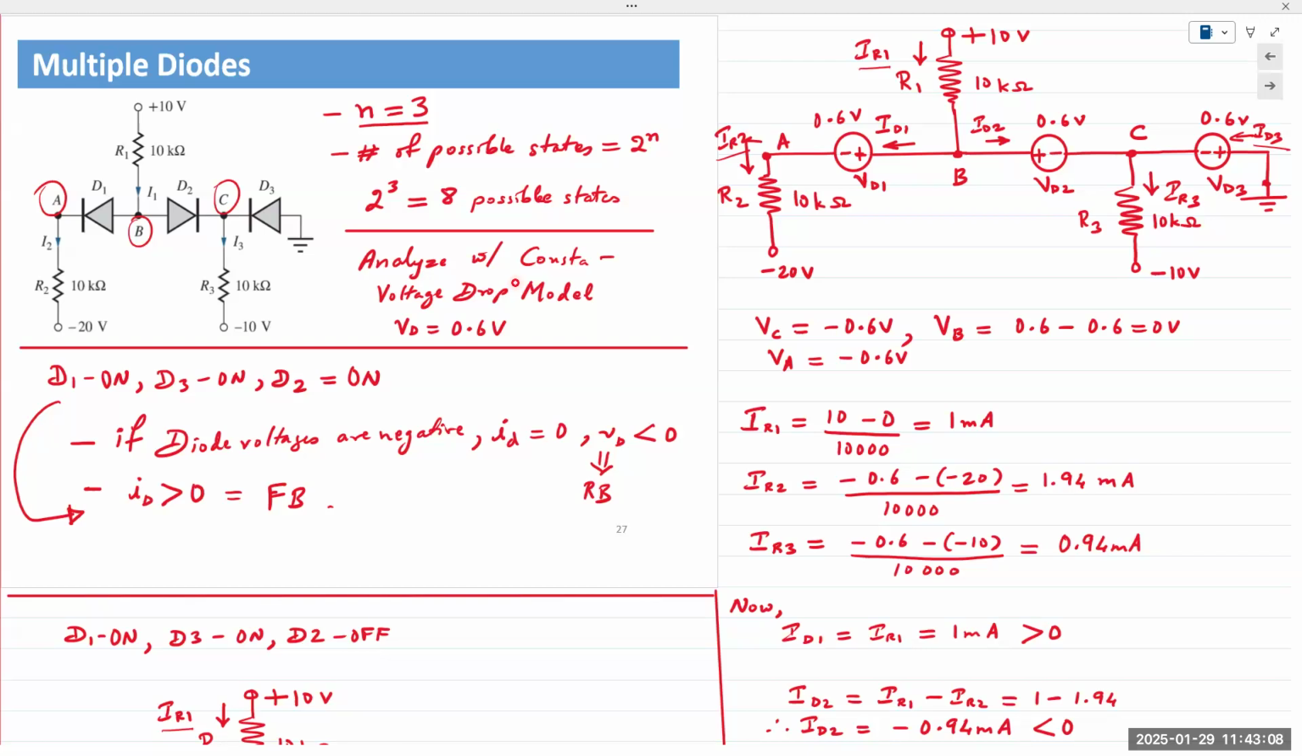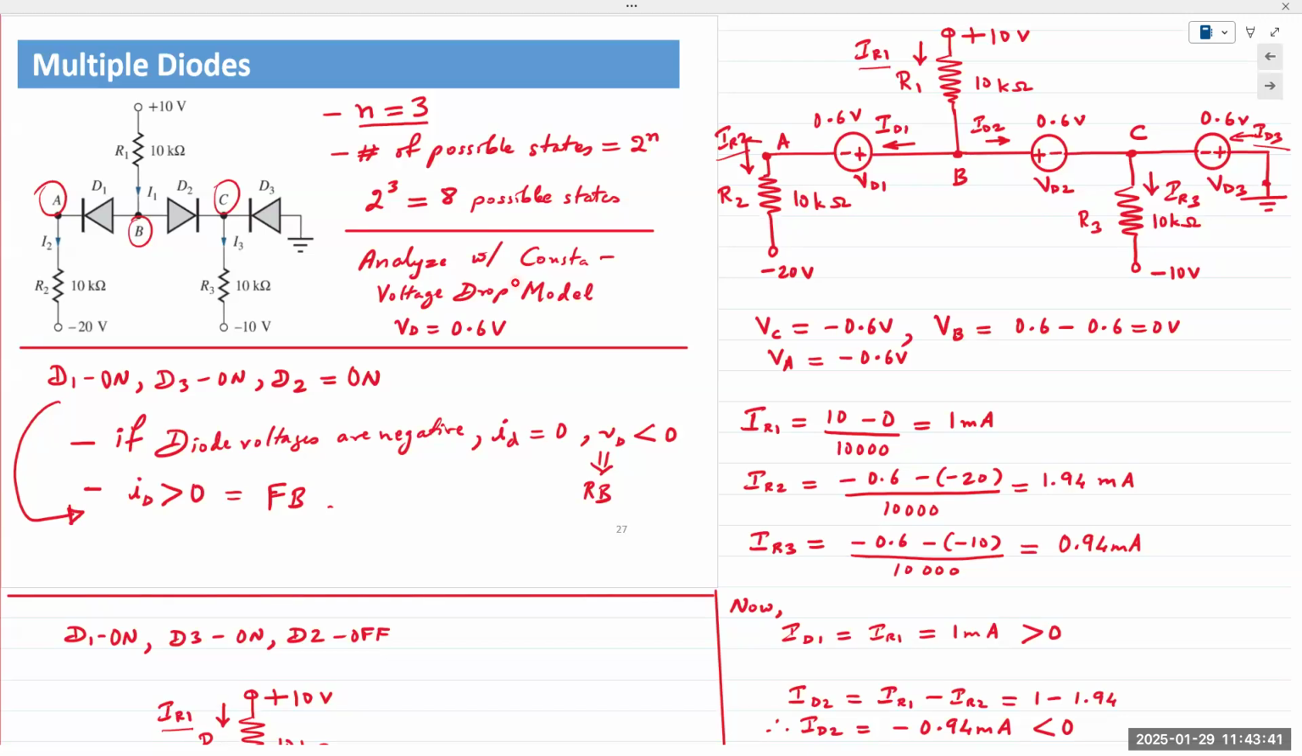In this case, there are 3 diodes. If I assume all 3 of them to be on, that's one combination. If I assume all 3 of them to be off, that's a second combination. Or I can assume D1 on, D2 and D3 are off. That's a third possible combination. And then D1 on, D2 on, D3 off, so on and so forth. So 8 possible combinations of the diodes, meaning